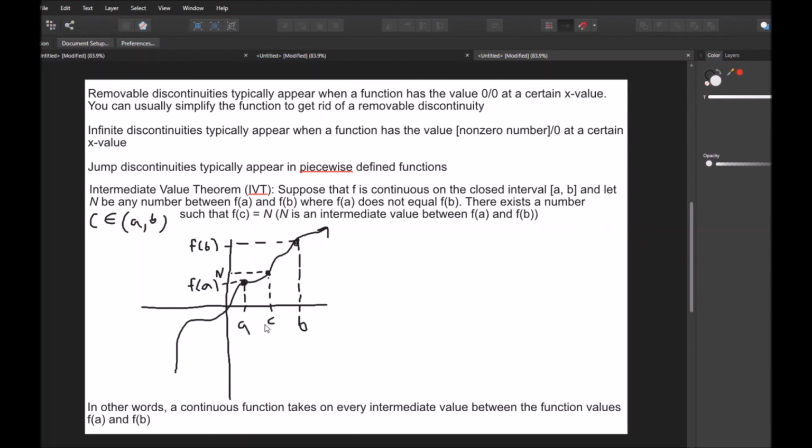And I'm saying if there's a value c that's in between a and b, then that must mean there's a value n such that f of c equals n, and it's in between f of a and f of b, because n has to be between f of a and f of b. In other words, a continuous function takes on every intermediate value between the function values f of a and f of b, and this